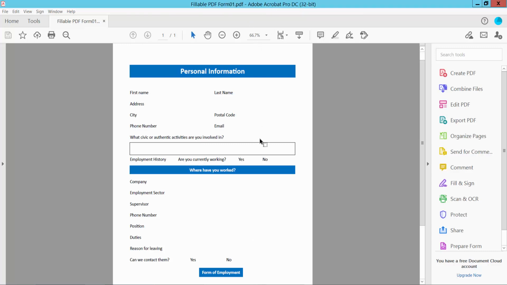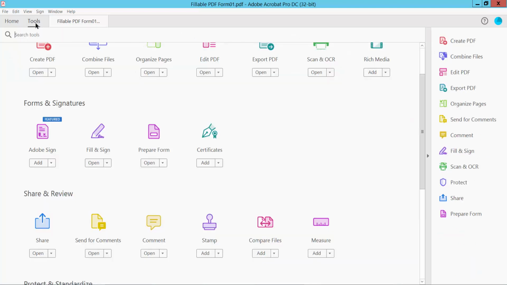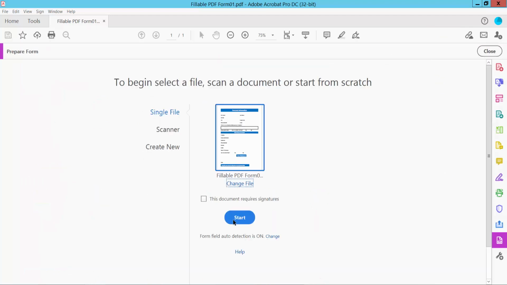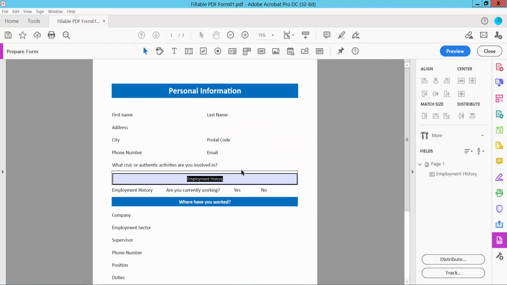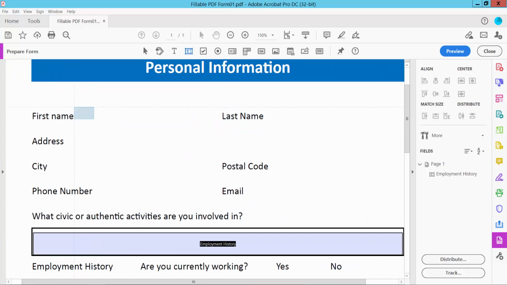First open your PDF form, this is my PDF form, and click this Tools option and scroll down. Here you will find this Prepare Form option, click here. Now click Start and click this text field and go to your text field area